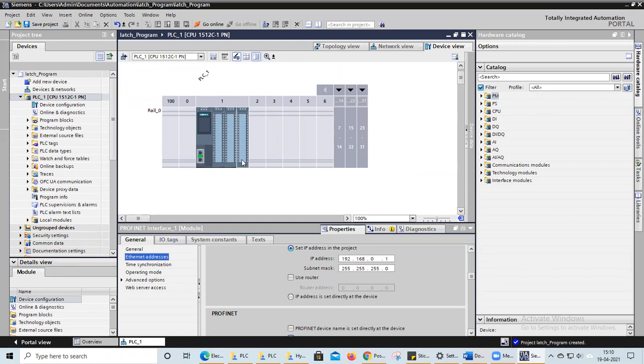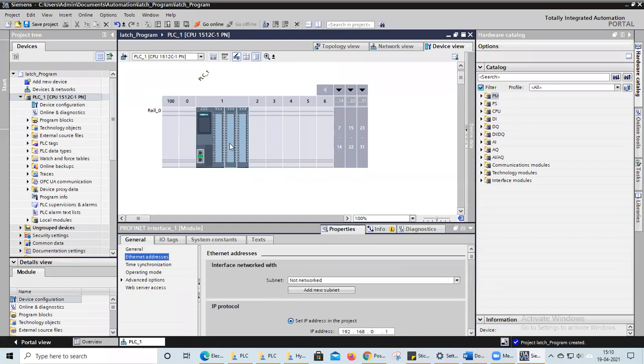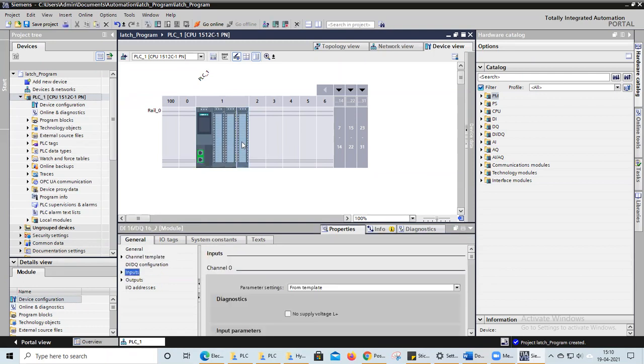And we need to know regarding, see, here three columns are there. The last column, I'm clicking on the last column. Once I click on the last column, it is showing DI16, DQ16, two modules. Means it is the second module. Here digital input having 16 digital inputs and 16 digital outputs. I means input, Q means output here. Okay. Now you can see inputs.